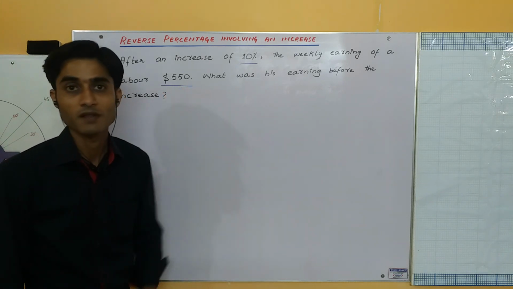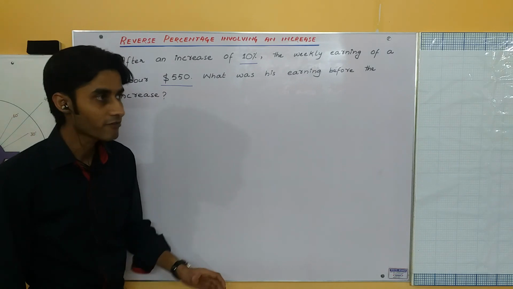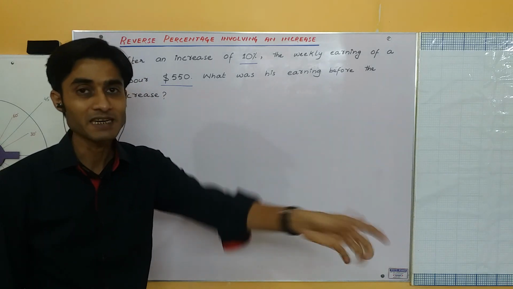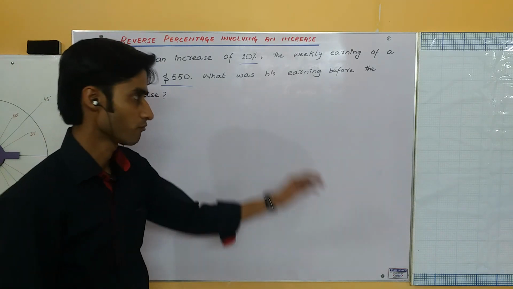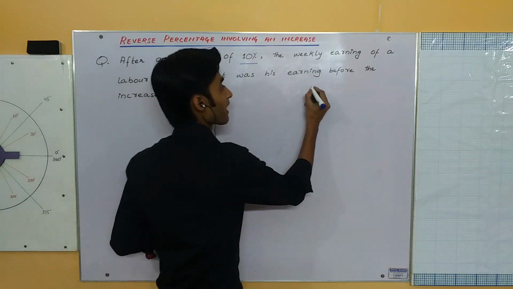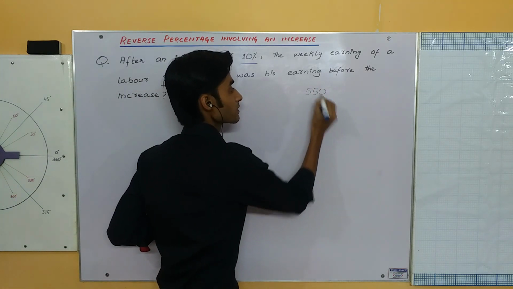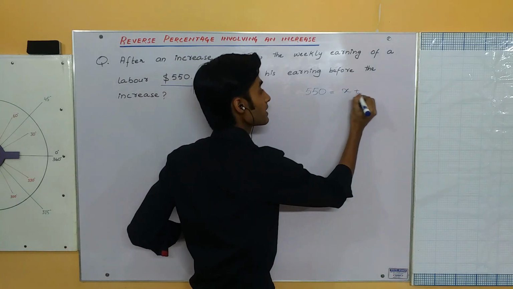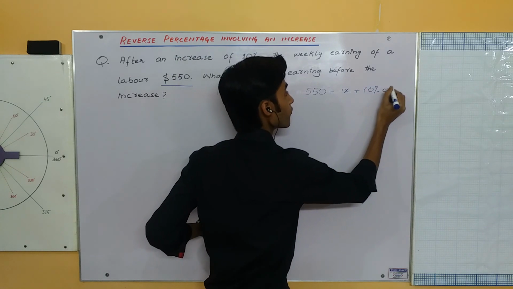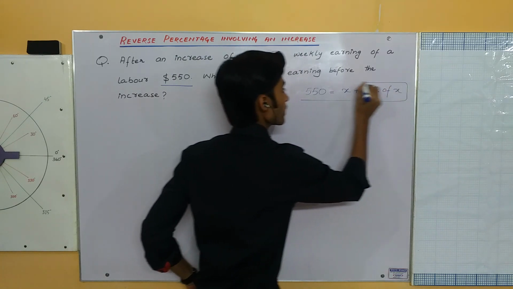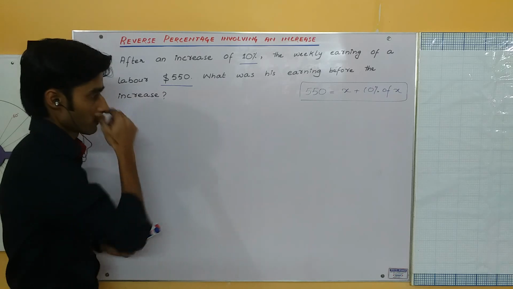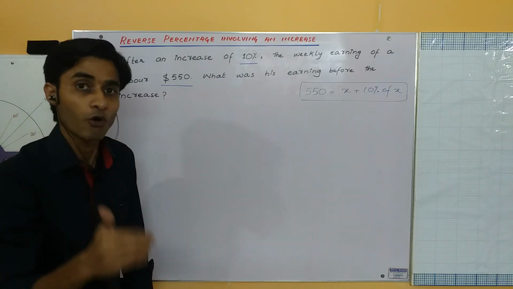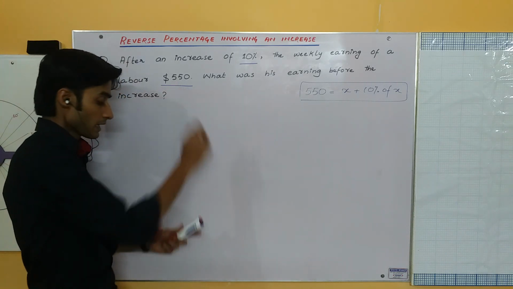550 is not just the 10% of something. 550 is the original amount plus 10% of the original amount. What I am trying to say is that he is receiving this 550 because of the original amount, which is x, plus 10% of x. This is one way of doing it. So this 550 is not just the 10%, and it is not the original value, this 550 is